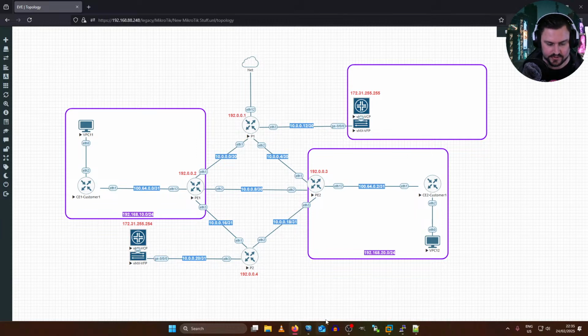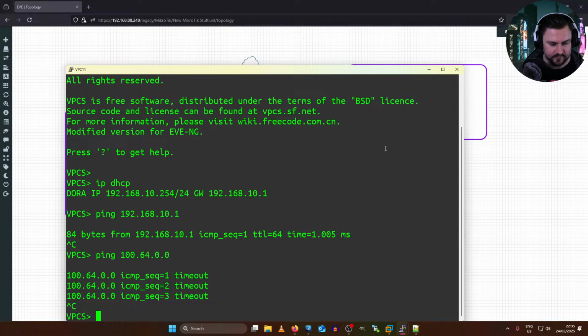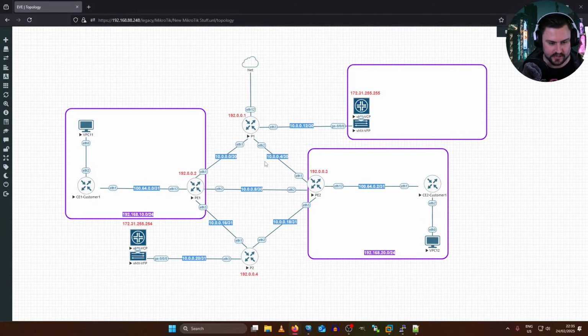So let's just add a little bit more config, and this is where I'm going to add a static route now on the PEs back to the customer edges with these LAN subnets inside the VRF. You'd need to static route at the edge of the customer one network. So in this instance, we're now going to route the customer subnets back from the PE.